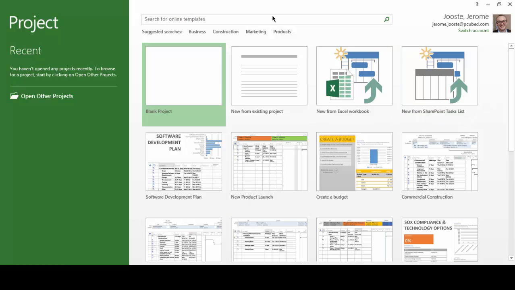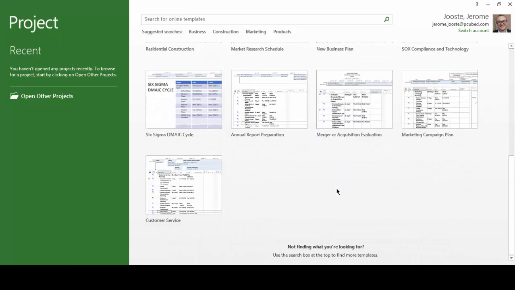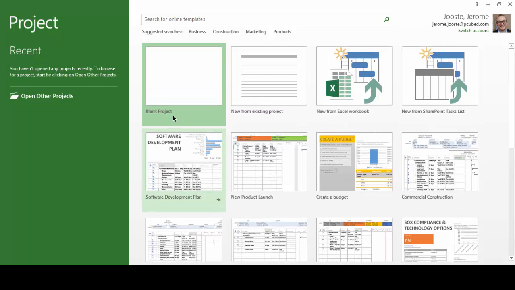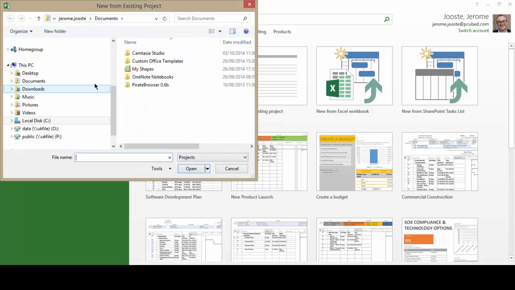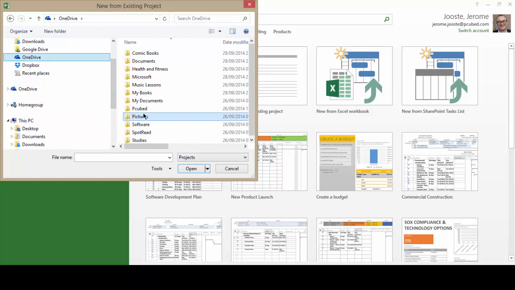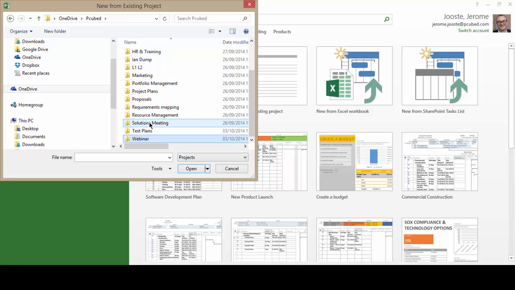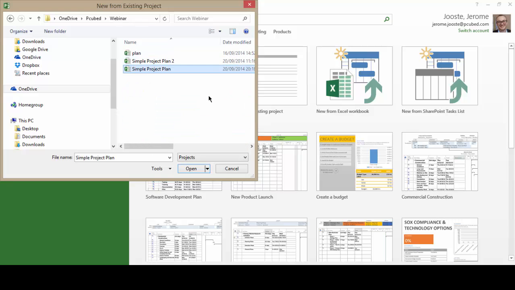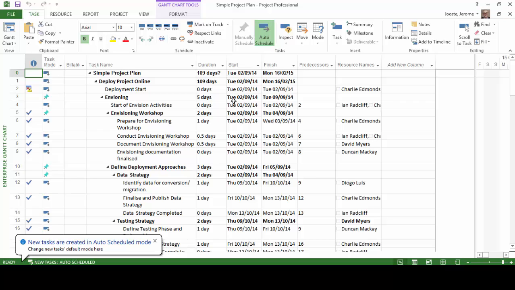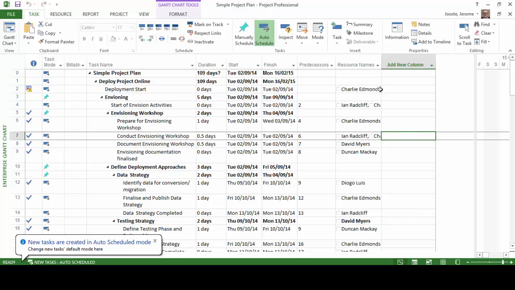Look at all of these, and there's many more. I can go by category if needed. In this instance, however, I'm just going to choose to open up an existing project. And I'll open up my simple project plan. So you can see over here,